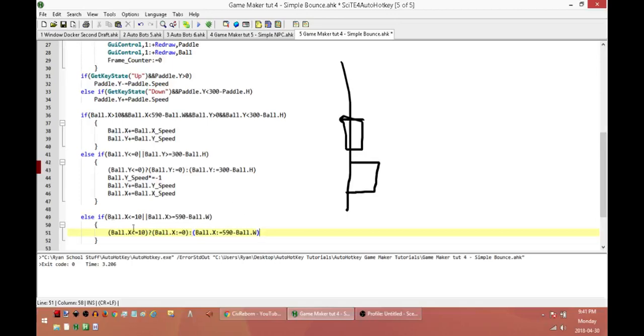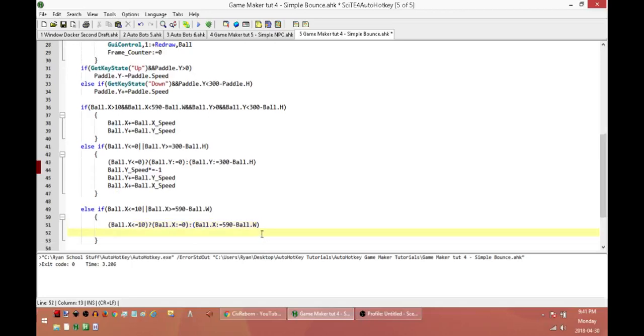Okay, so I hope you're clear with what we just did there. We're testing to see if we're on either side, and now in here we're seeing which side we were on, and making sure that our values are right on the exact edge rather than over the edge, because we don't want this. Okay, the next thing we'll do is